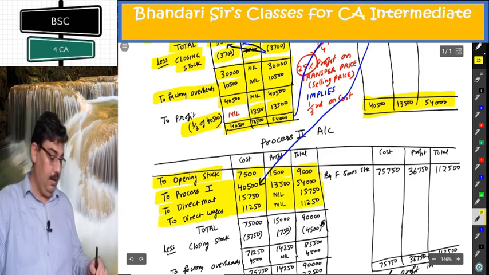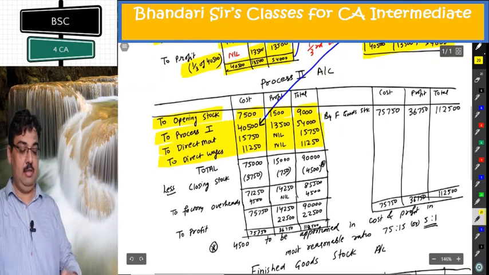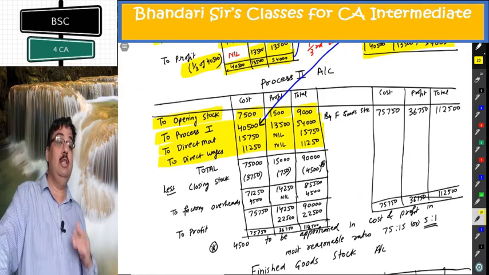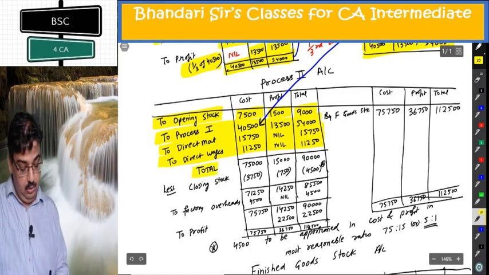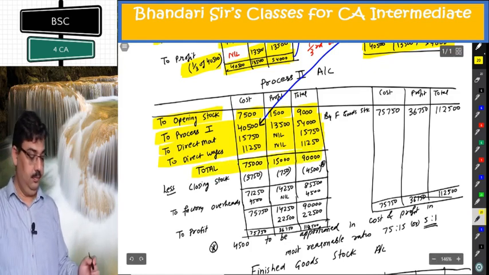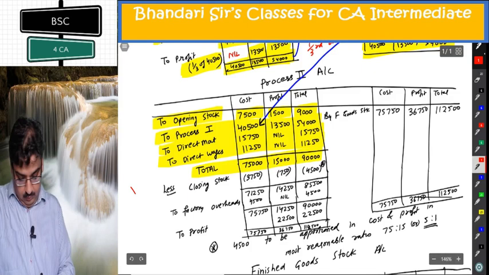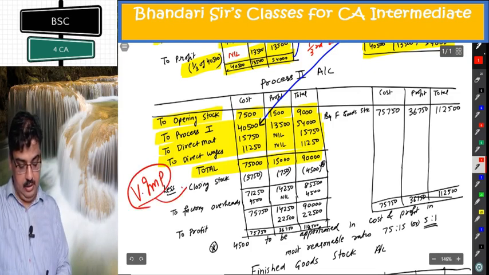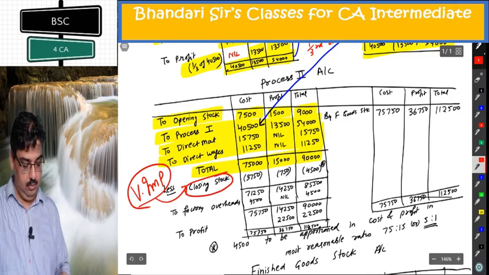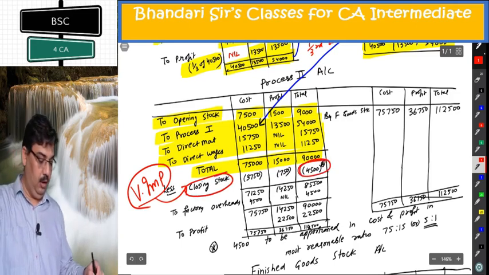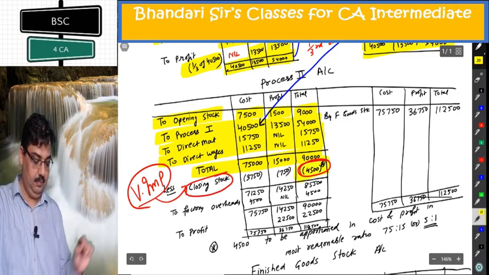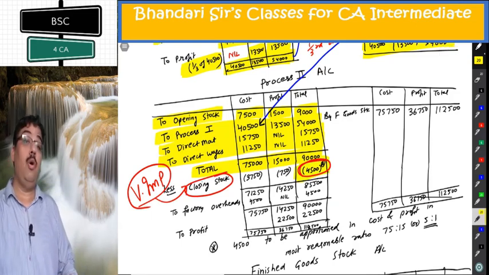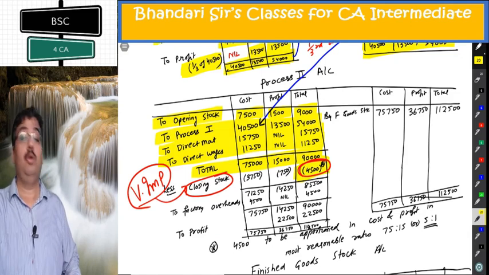Now I have to add here. This makes sense because there you will understand the concept of apportionment in reasonable ratio. Totals. Very important is closing stock. Given 4,500. Given 4,500. How much cost, how much profit, not known.